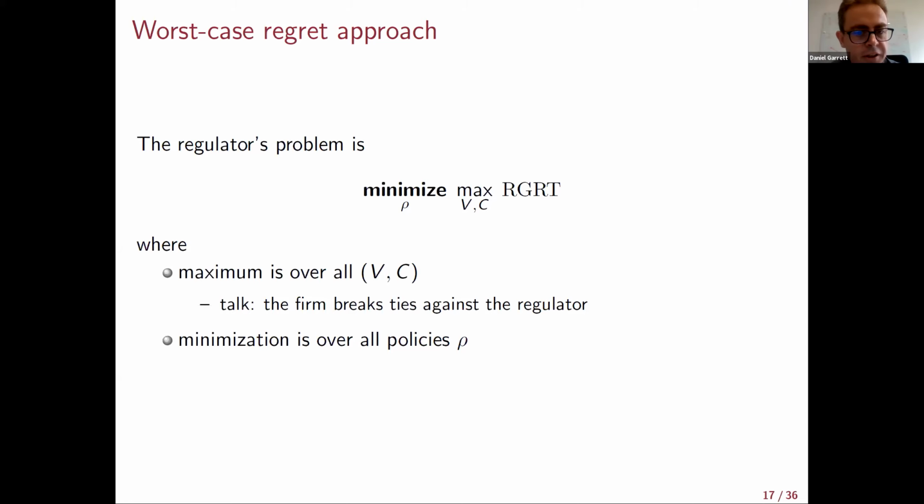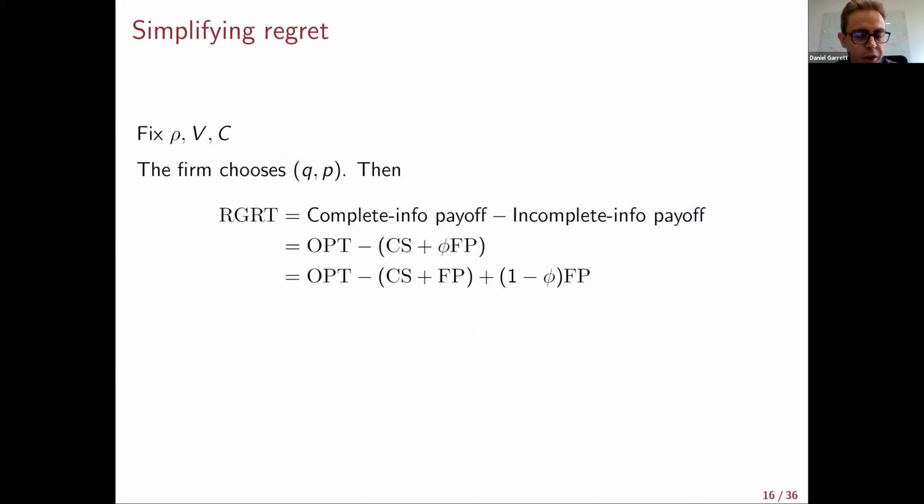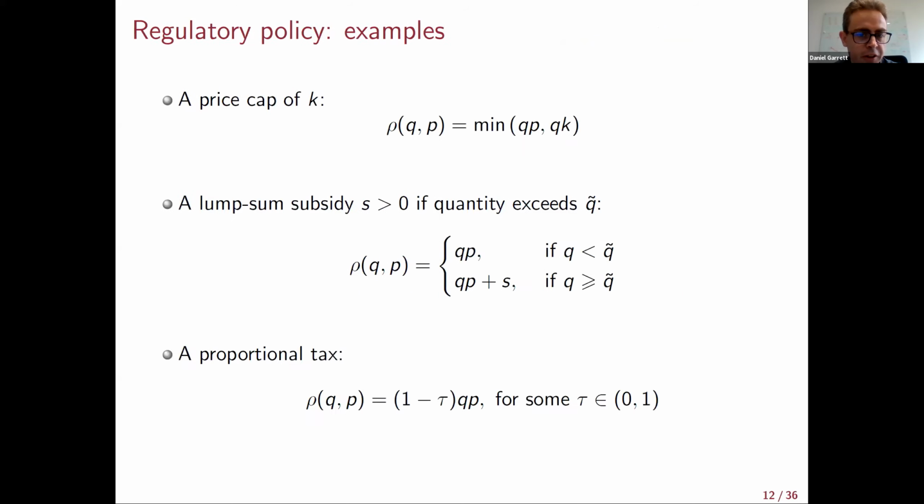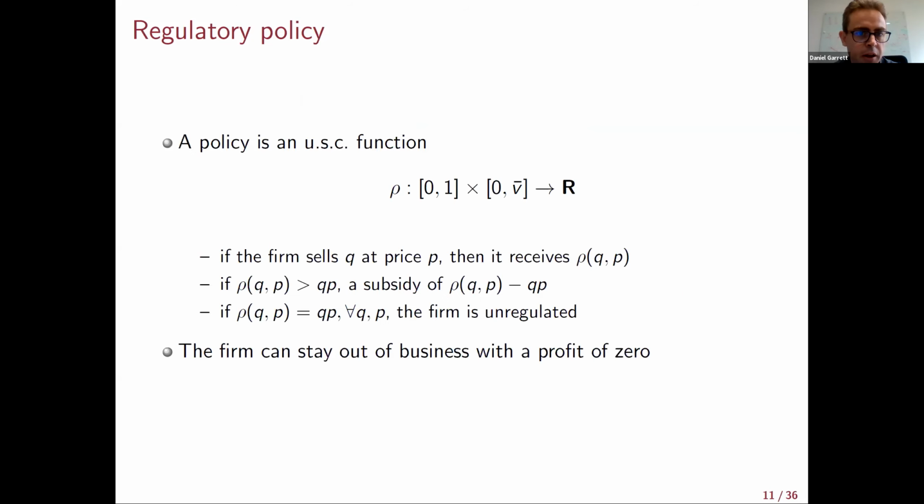So one question I have is about the restrictions on rho. A bit in the paper, I think. To what extent is there a loss of generality in restricting attention to policies of this class? So there are a few things. Here we are not allowing for communication. So we don't allow the firm to report the types, to report the demand and cost, and then we design policies. That's without loss by the taxation principle.